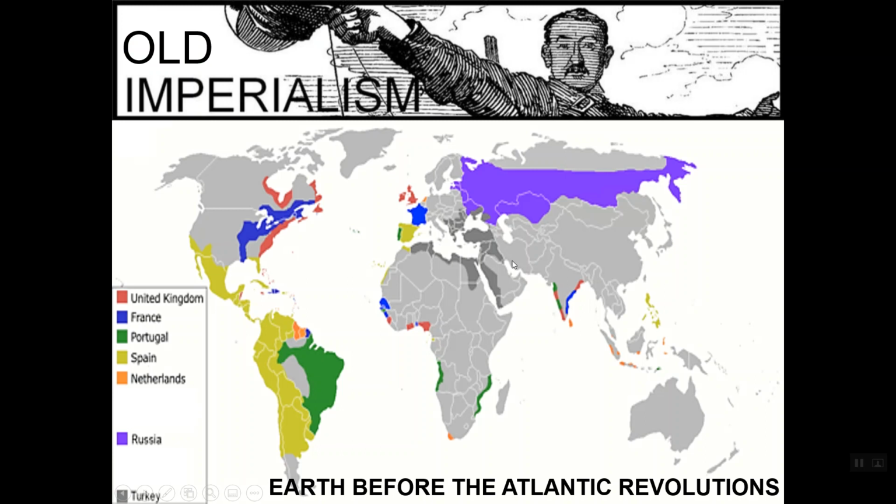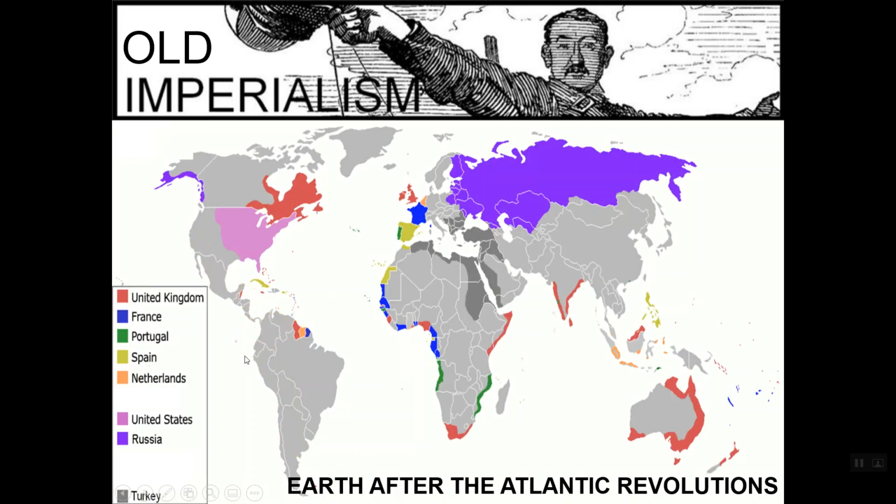This is the old imperialism, if you remember correctly. Remember Great Britain extending and creating the 13 colonies, territories here and territories in what we call Canada today. France extending their domain here, right? And Spain taking over all this area, Portugal taking this piece. If you notice, in Africa, Europeans are only along the coast. Same in India, right? And you see the expansion of Russia. So the old imperialism is not that deep into Africa, not that deep into India, but it is all over